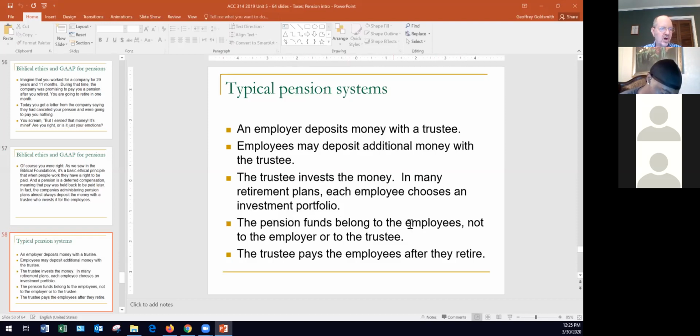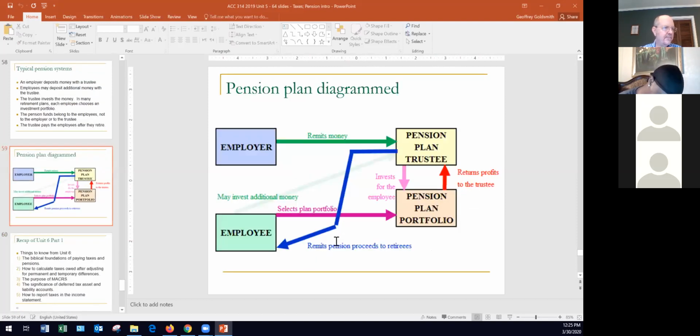Pension funds belong to the employees. They do not belong to the employer. They do not belong to the trustee. The trustee pays the employees their pension after they retire. So here's a diagram. The employer here